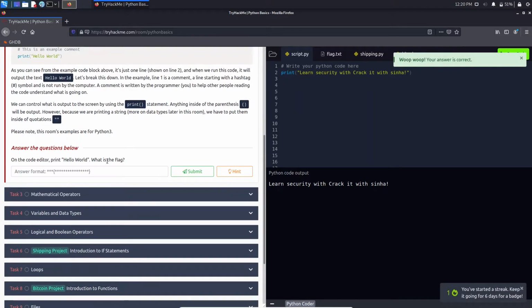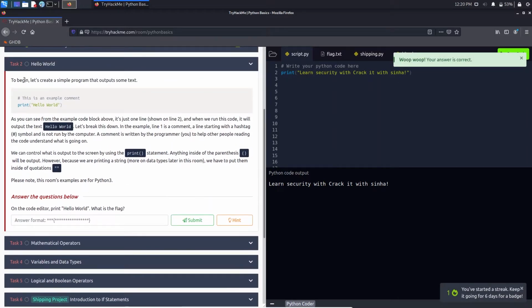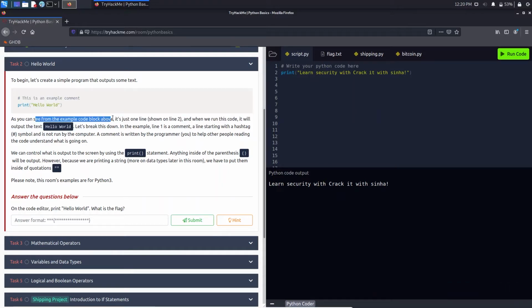Now the second task is, to begin, let's create a simple program that outputs some text, that is print hello world. As you can see, there is an example block above with one line of code. It says anything we want to output, we can do by using print and small brackets, and anything inside the parentheses will be the output.